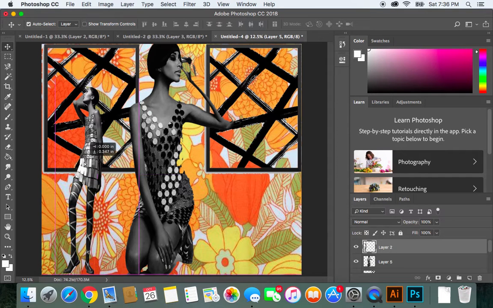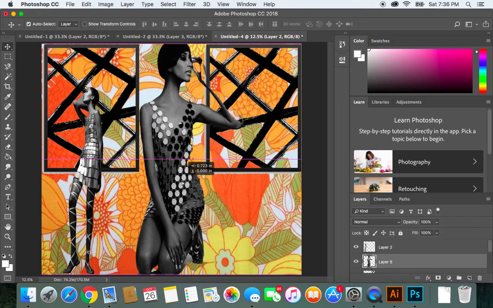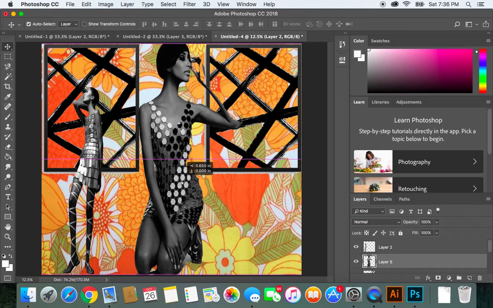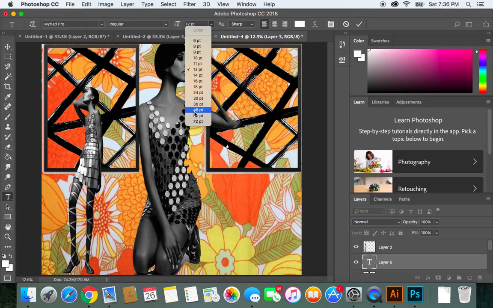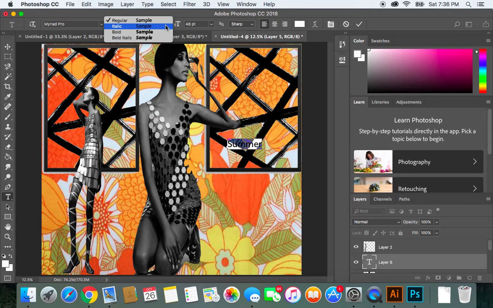These are just different ways and different things that you can create. There's so many different things that you can add. You can add text. If you click the text tool and begin to type, the font is really small, so let me bring the font up some. So I just typed in summer. It's really small. You can barely see it, but if you highlight it, you can make